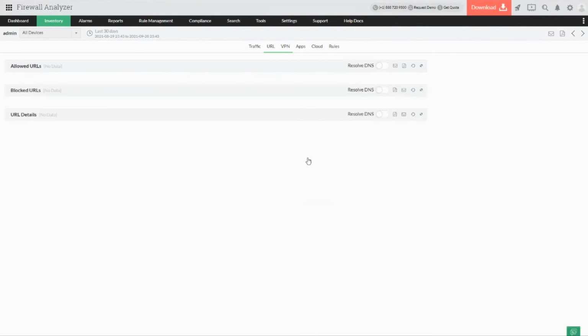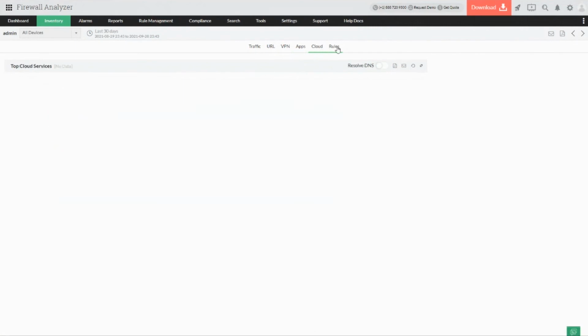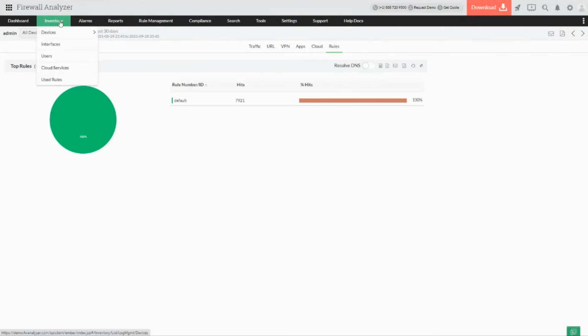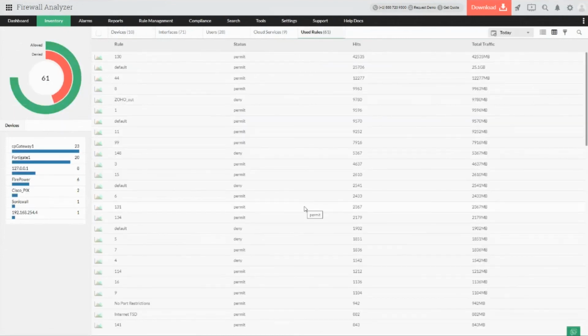And likewise, if this particular user is using VPN based access, or which app is being used at what particular time, how many apps have been used, is it a cloud based service, and what rules have been violated or followed properly by the respective users as well. So this helps me understand how the user is performing in my environment, and whether it is a legitimate one or a non legitimate one.